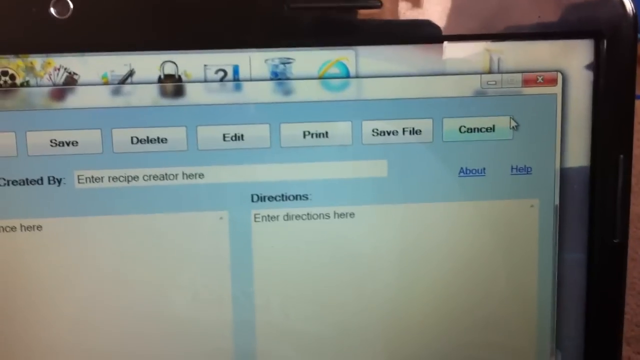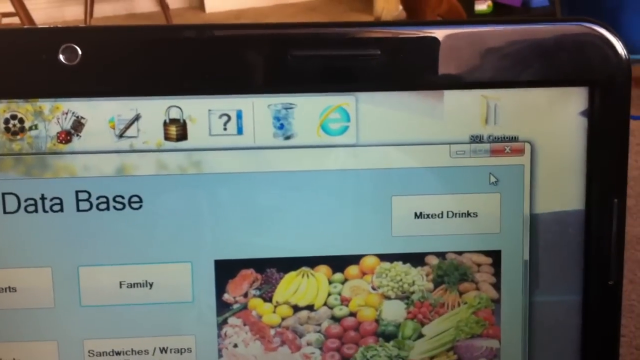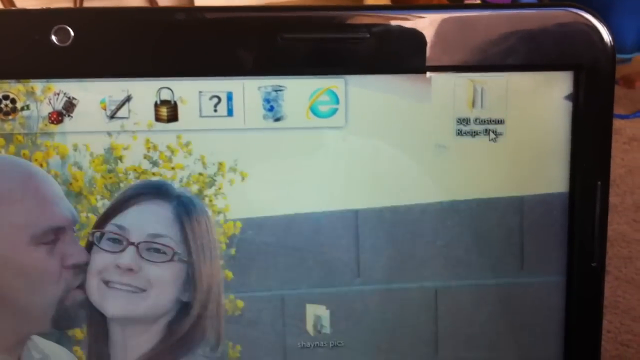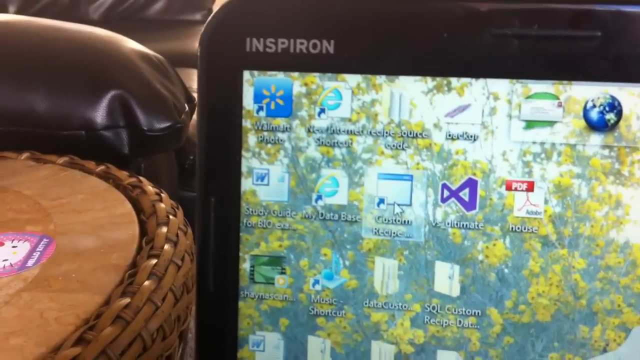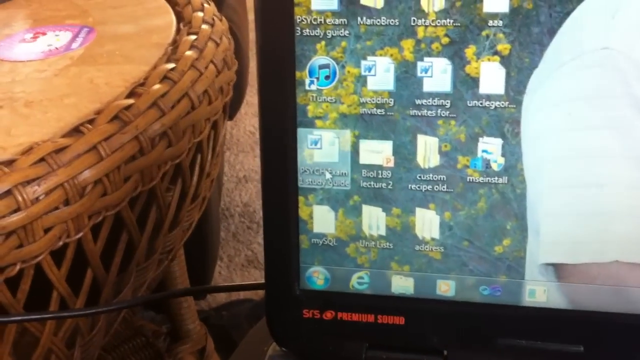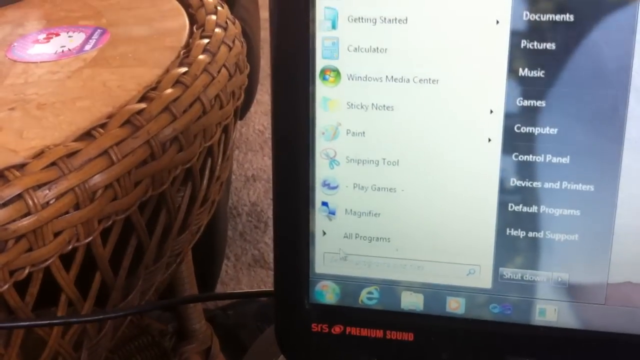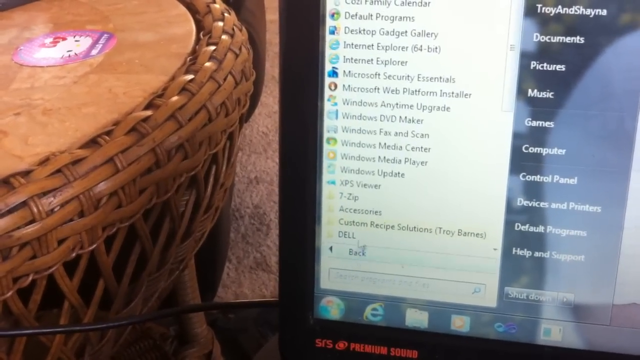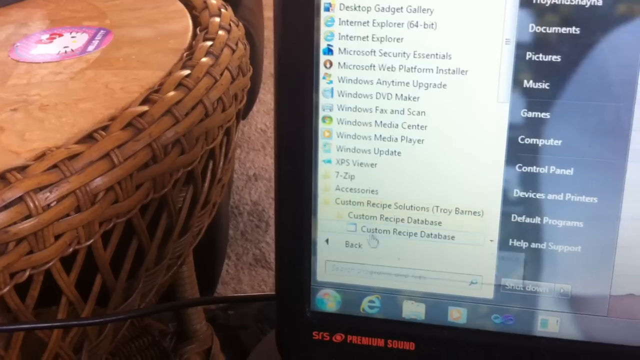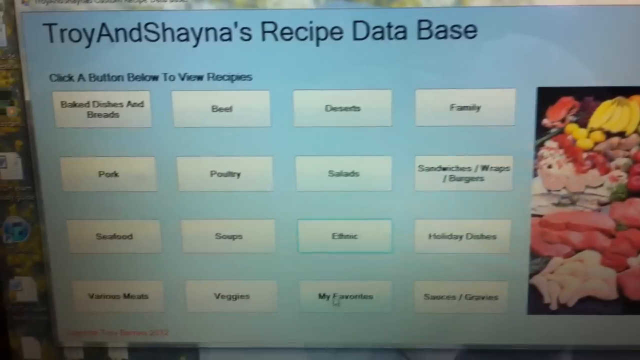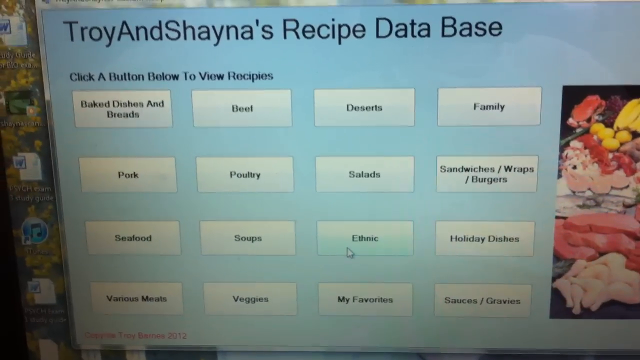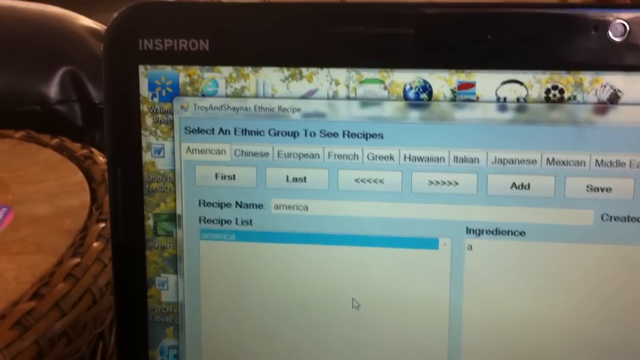So we'll close that out, and we'll close this out. Now just to show you that it's fully functional, we'll close that out. Now let's run it again. As you can see, it adds a shortcut to the desktop. It also, when installed, adds to the list here, custom recipe solutions. Okay, same thing. So, let's go to ethnic, where we were, and as you can see, America,